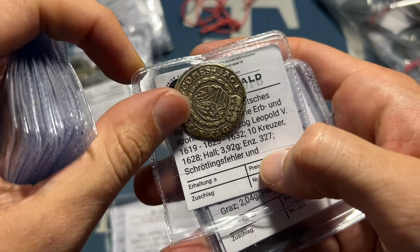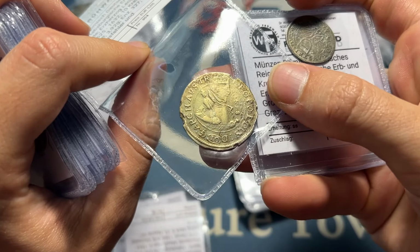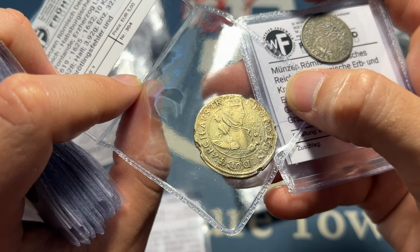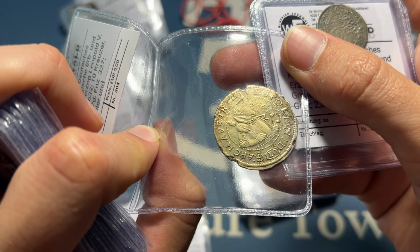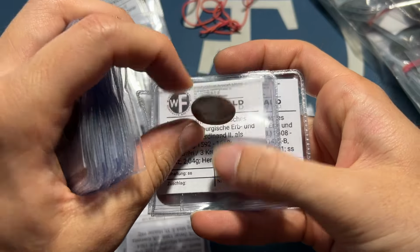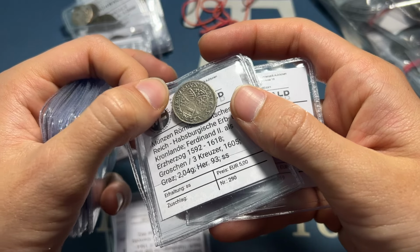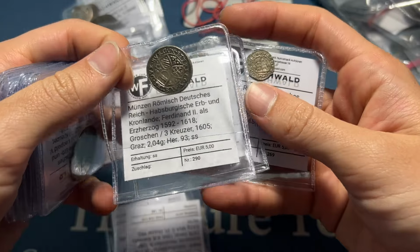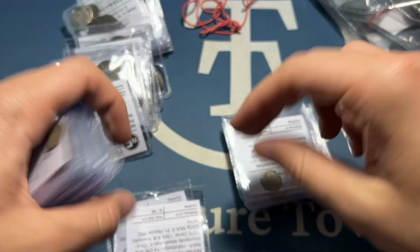So this is a 10 Kreuzer, super interesting. Love that kind of larger flan. 1618 it looks like, and you see the ruler. Who's that going to be? Austria? Is it a Ferdinand? No, it's a Leopoldus. And wow, that is a fantastically toned coin from 1592. Beautiful Three-Kreuzer, or 1605. His reign is 1592, but you can see that 1605 on the side. That's pretty special. And then it looks like we have a couple more of the classic